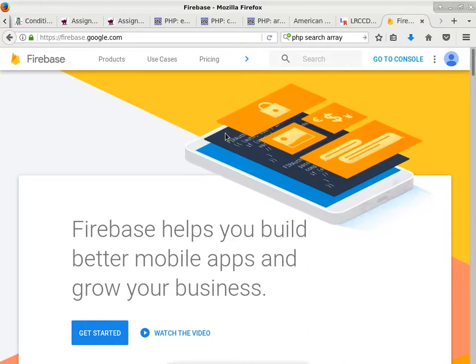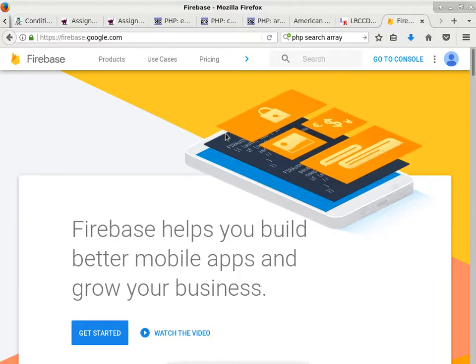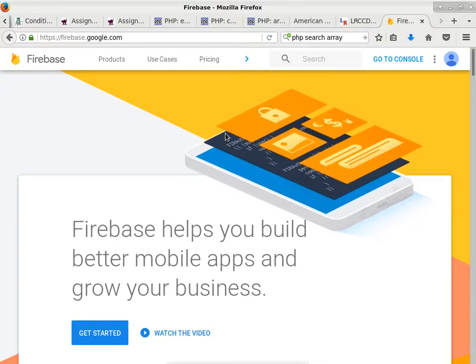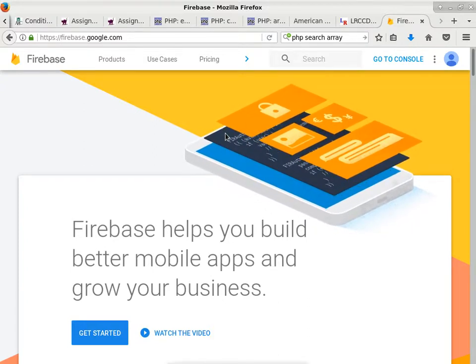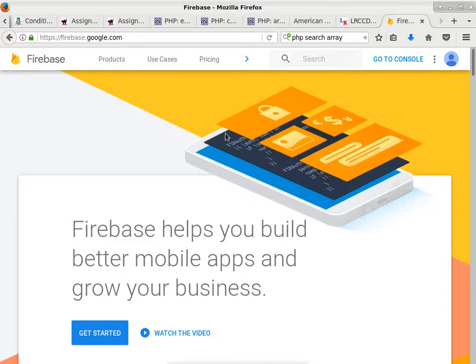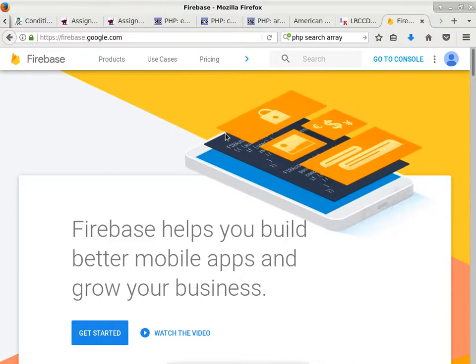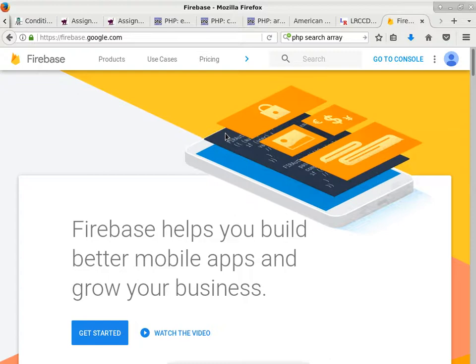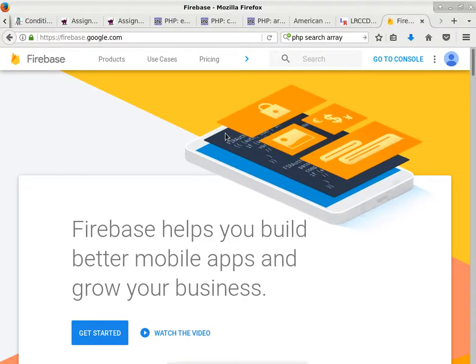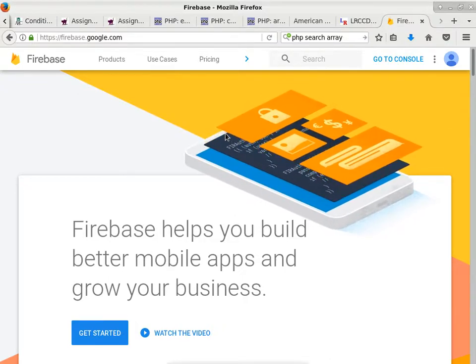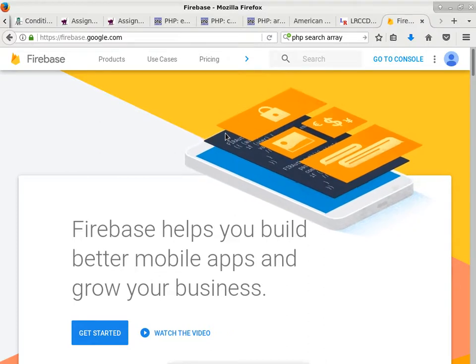Firebase also has a notification engine. In other words, if there's something happening to the database, it meets a certain condition, you can fire a rule. And the rule can say, I need to notify these people over here about this. Typically, you need to run your own website with a cron job to do something like that.